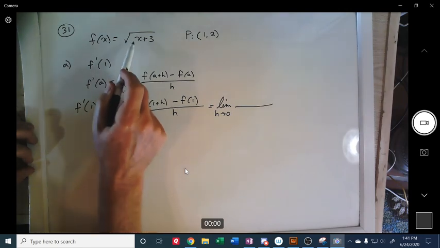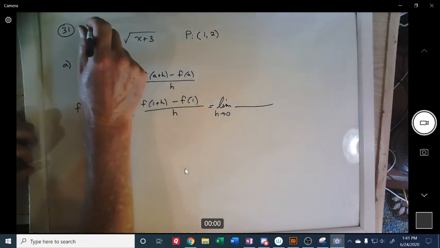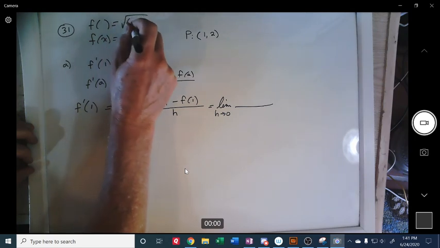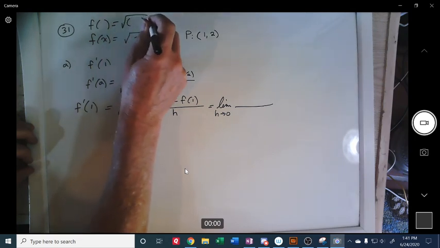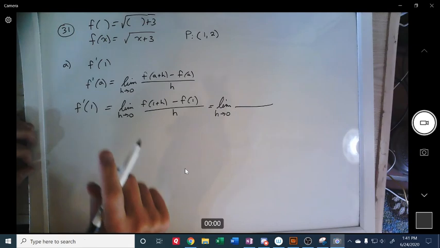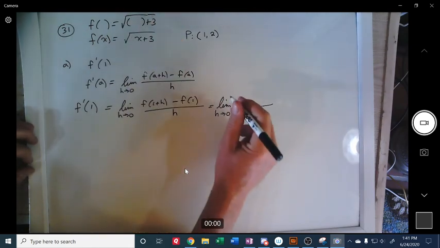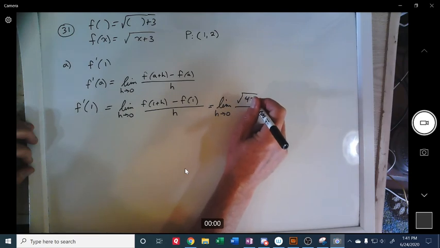And 1 plus h goes in. What this function really means is f of anything is the square root of that anything plus 3. So 1 plus h is going to go in that parentheses. And so the 1 and the 3 will join to be square root of 4 plus h